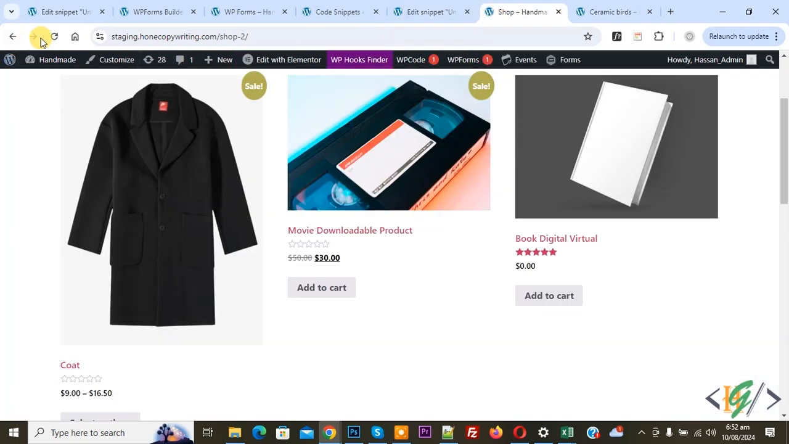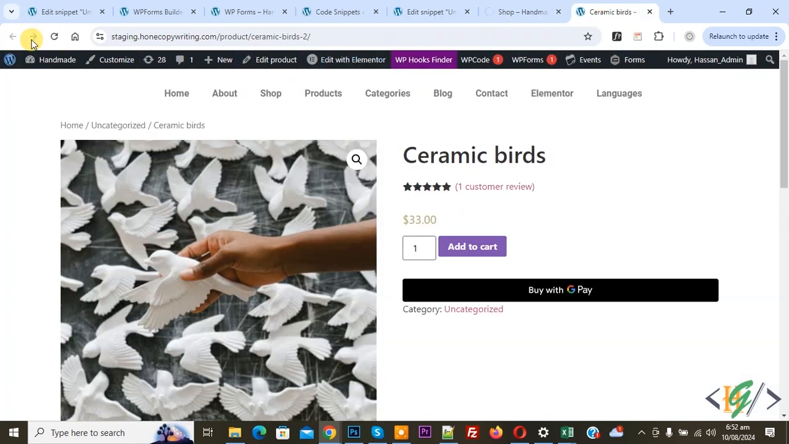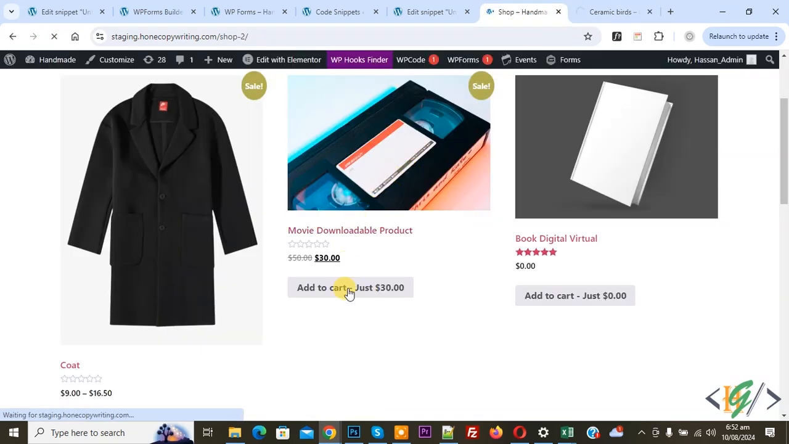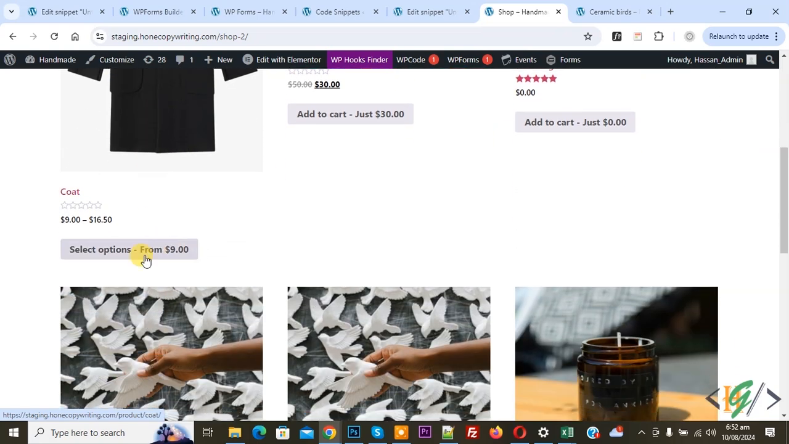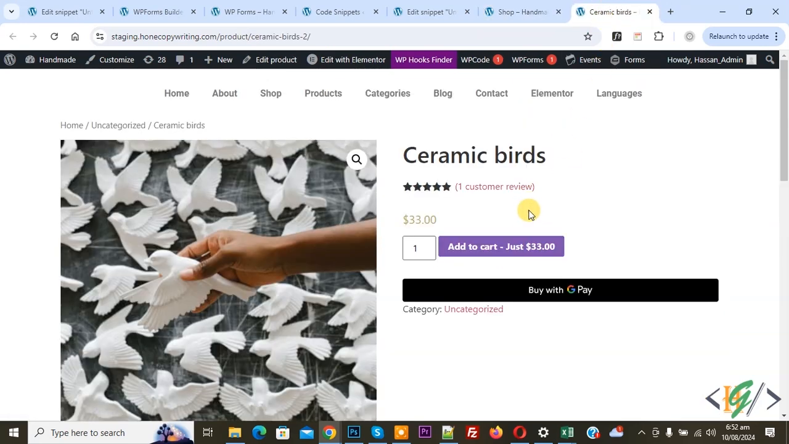Go to the shop page and refresh the page. Go to a single product page and refresh the page. Now you see just $30 for other product types like a simple product, and then for the variable product type you see the text from $9. Now go to a single product page, also you see add to cart just